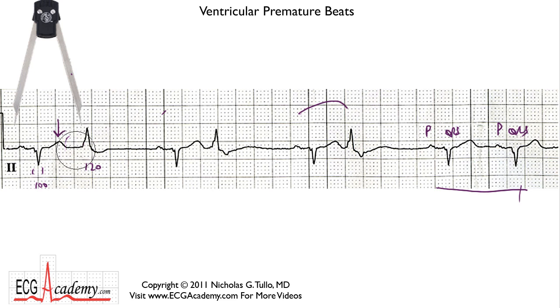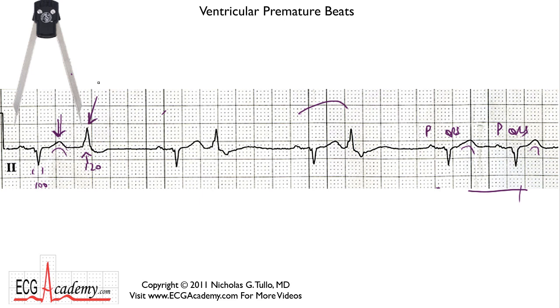You always have to ask yourself, is there a premature atrial beat buried on the T wave? Well, this T wave looks pretty smooth. And if you compare it with these T waves over on the right side, it looks to be the same. So I cannot honestly say that there's a P wave in this T wave. So what's happening here is you probably have a normal sinus beat that's occurring, but before that P wave has a chance to even show itself, you've got this beat